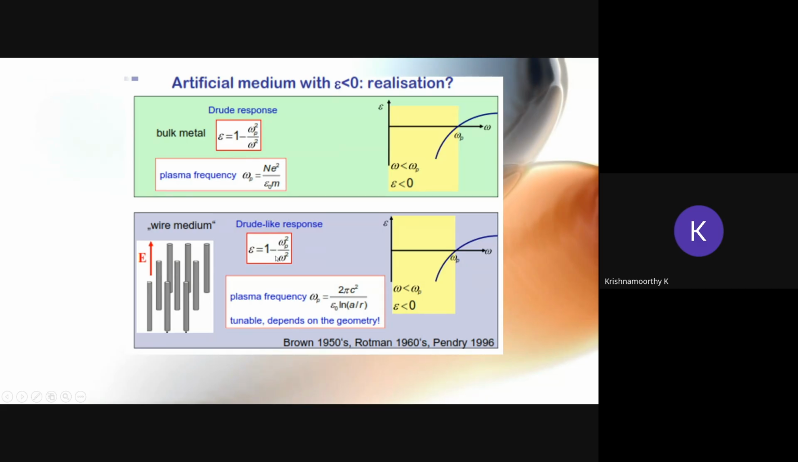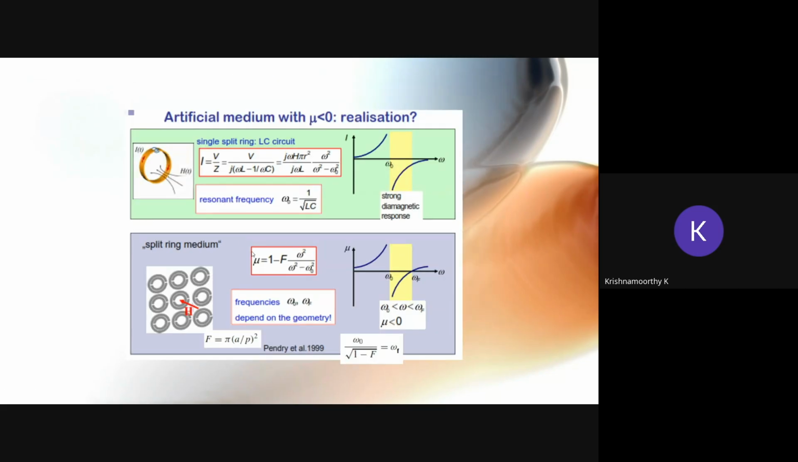It is going to determine at what frequency we can get this value epsilon to be negative here. Similarly, if you want the mu negative value, that kind of characteristic we can realize using the split rings. If you use this periodic arrangement of the split ring, and the incident electromagnetic wave has the orientation of the magnetic field in the axial direction of the ring, as given in this figure, we can get the mu